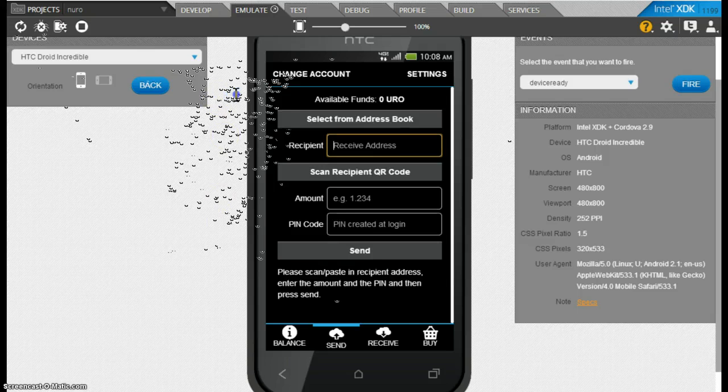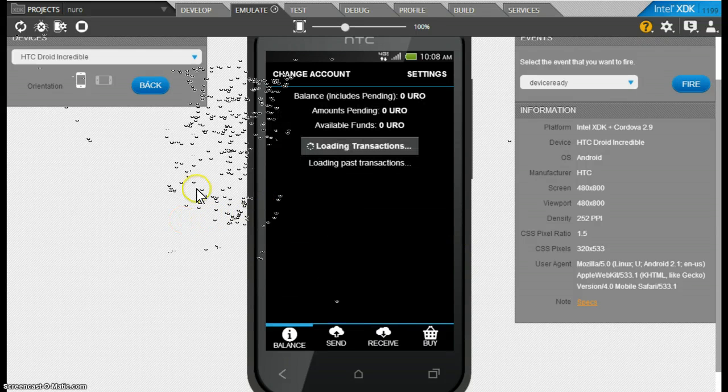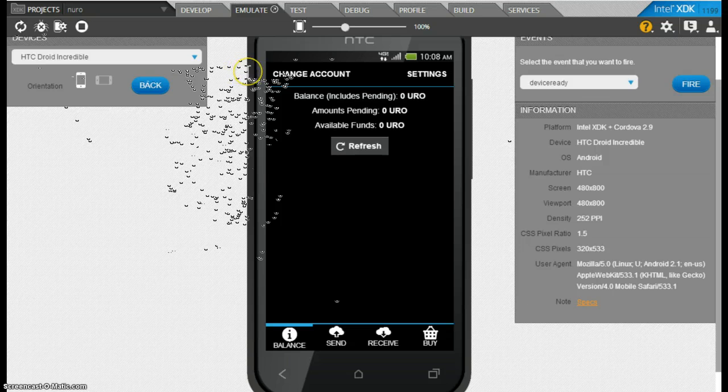And when you send, you just type in the recipient, which you can get from the QR code, or you can paste it in from the email they sent you through the same app, right, or the SMS. You type in an amount, you put in your PIN code again, and then you hit send. And I have an invalid address, and then you hit send, and that just happens like that straight away, 1 second, and right after you send it, your recipient will be able to see it in the pending funds here straight away, like literally 1 or 2 seconds later, right? And then after a few minutes, once it gets confirmed on the block, it becomes a confirmed transaction, and they